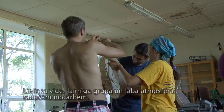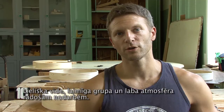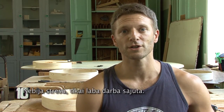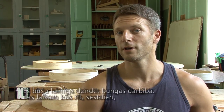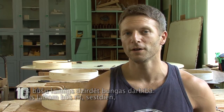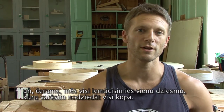It's a good environment, a happy group, and good atmosphere for creating something. And on this workshop we were given 4 days, and we've been in a good flow. It's easy to make it happen. No stress. It just works out. And I will be happy to hear them use it. And we will on Saturday, tomorrow. We're going to be using the drum, and hopefully we will all learn a song by then, which we can